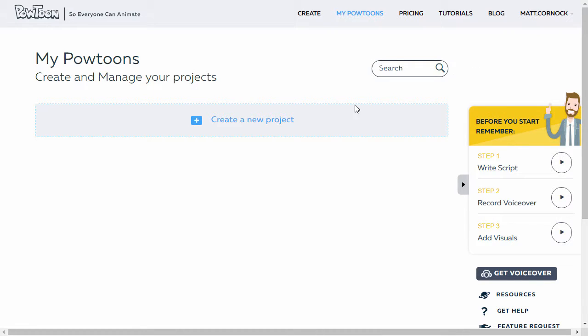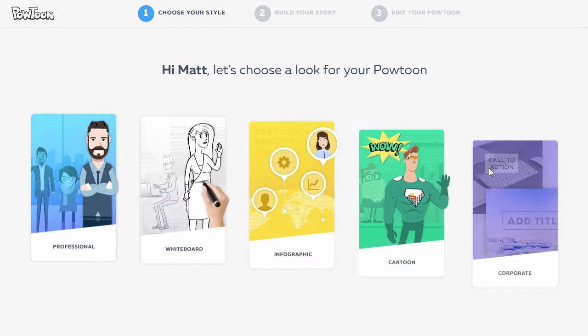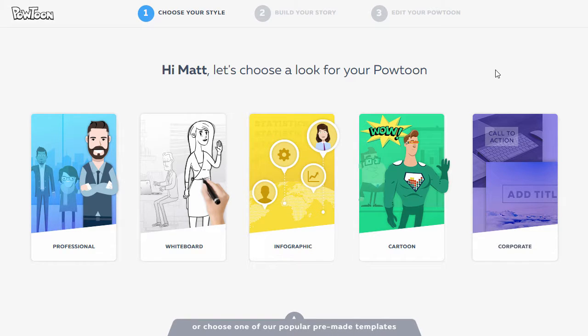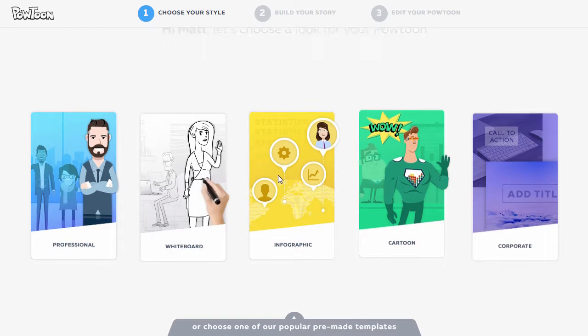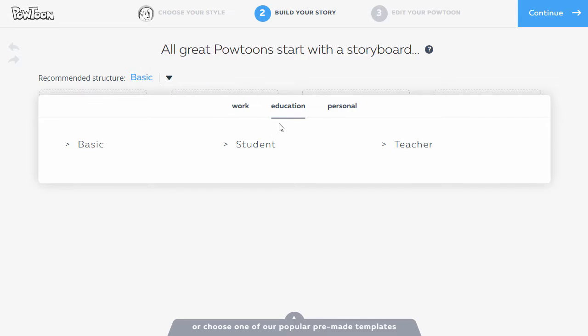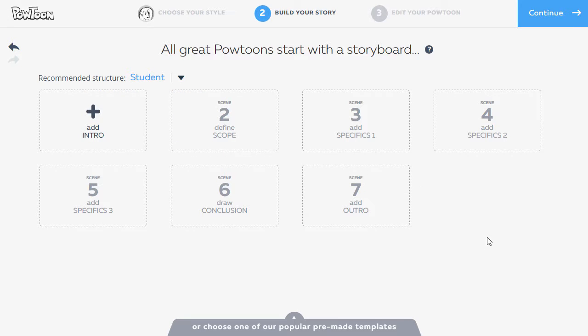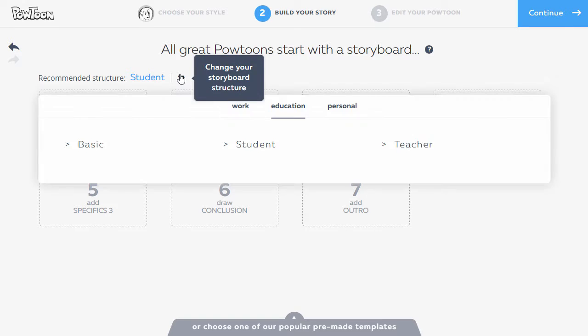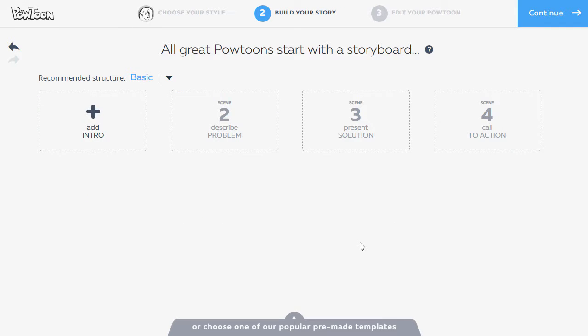So I've logged into PowToon. I'm going to click on Create New Project, and immediately you get a chance here to look at some of the templates that are available. So I'm going to create a whiteboard PowToon to begin with, and my structures are available here. We've got a basic structure, but you can also do a student structure, so different aspects of your presentation you might want to look at. I'm actually going to use this in a basic format just to again explain how to